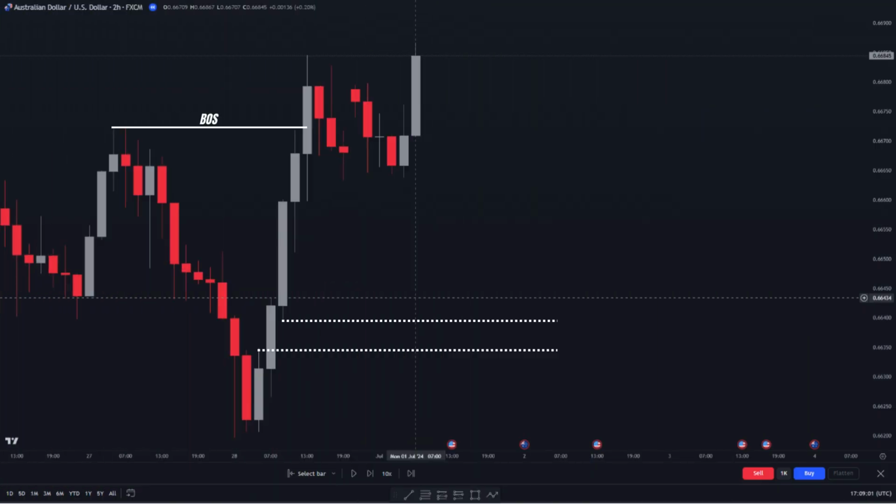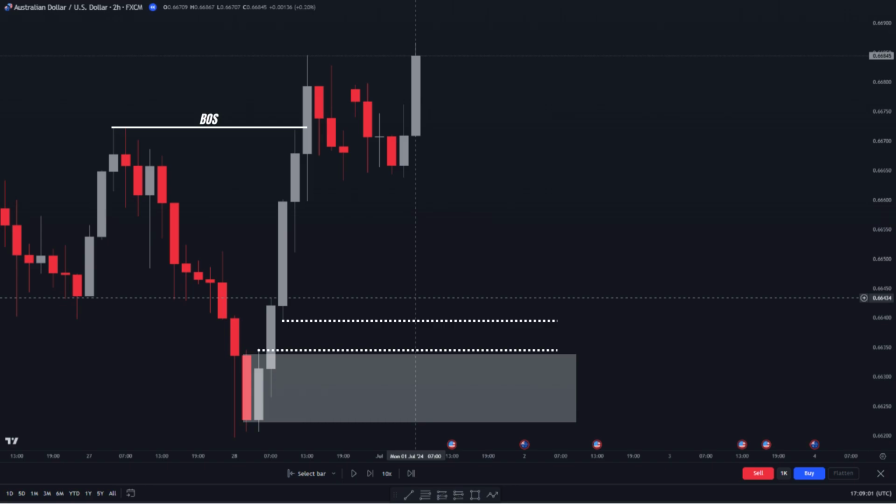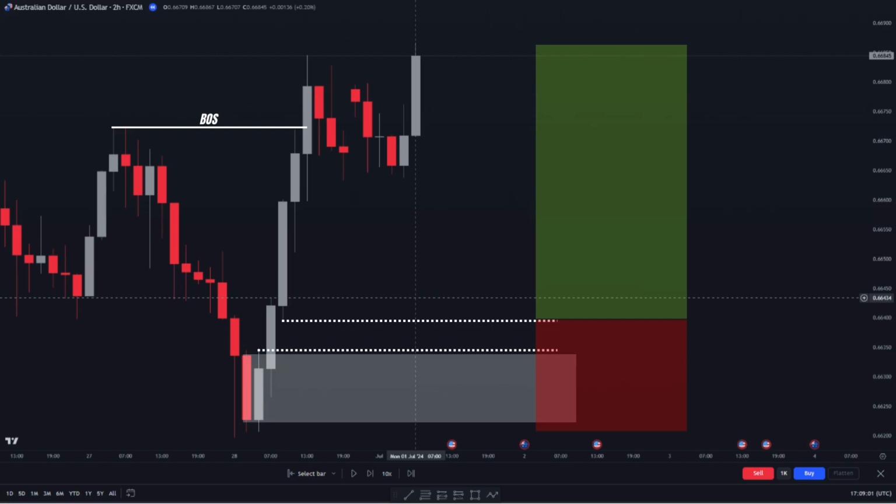In this price chart example, we have a valid fair value gap. However, below the gap, we have an extreme order block. We know that this order block can influence price movements. Entering at the second wick of the gap means risking more on our trades with a reduced risk to reward